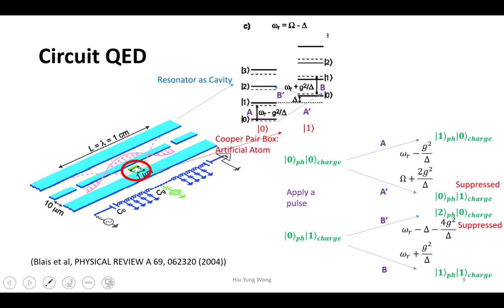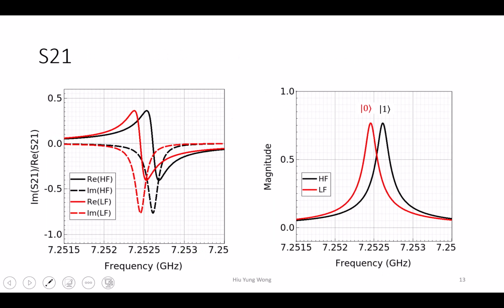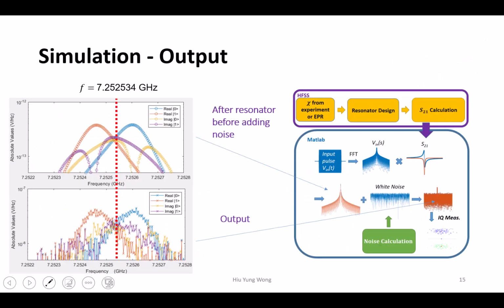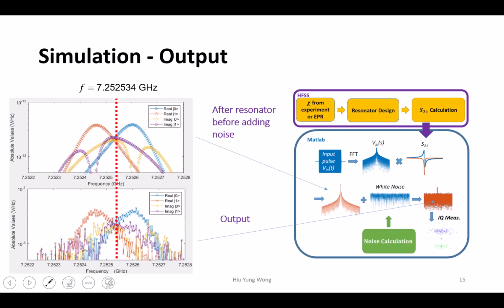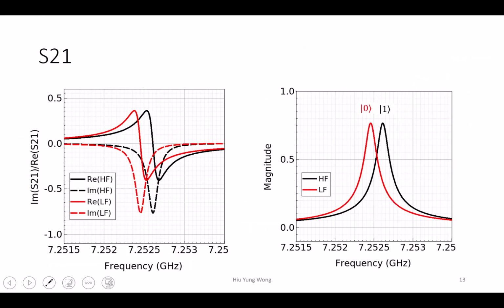Good question. Yeah, so don't get confused by this, okay? So let me go back. Then you will learn about this IQ block in the future. Basically, it is just a real and imaginary part with some transformation. But basically, as I said, if you are at the zero state, maybe this is clearer, look at this. If you are at, let's say, the zero state, the red one, and I measure at this frequency,